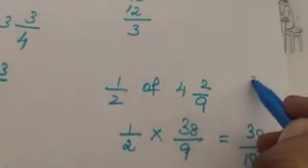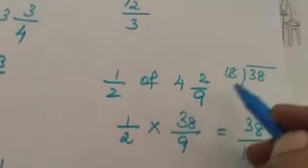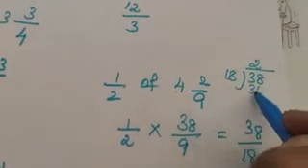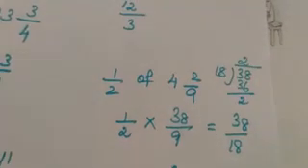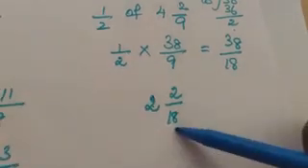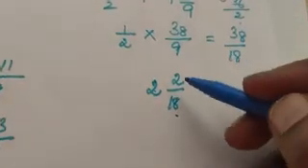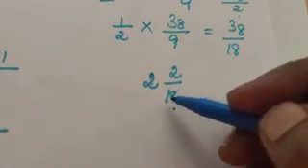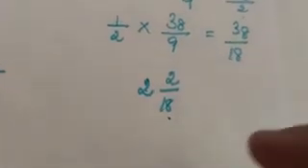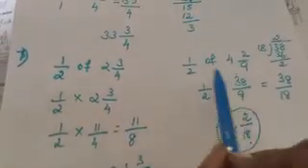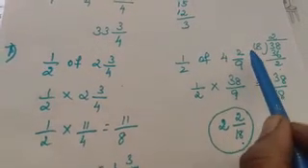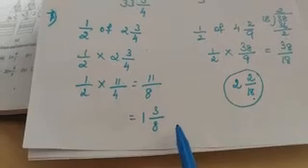Right? 38 when you divide by 18, 18 2s are 36, remainder is 2. Now we can write 2 in the middle, the remainder 2 and the divisor 18. And here also you can simplify. 1 2s are 2, 9 2s are 18. So 2 1 by 9 also you can write. This is our required answer. So 1 by 2 of, they had given 2 fractions. We have done 2 3 by 4 also, 4 2 by 9 also. We got the answer. The same concept you are going to solve in question number B. I hope you can solve it.